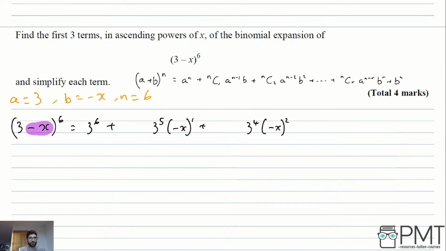I haven't written the coefficients yet. So we have got 3 to the 6, that's this term. We don't need anything there. But here we need 6. Let me write them in a different color. So here we need 6c1 and 6c2. Those are going to be our coefficients. Then we are going to get